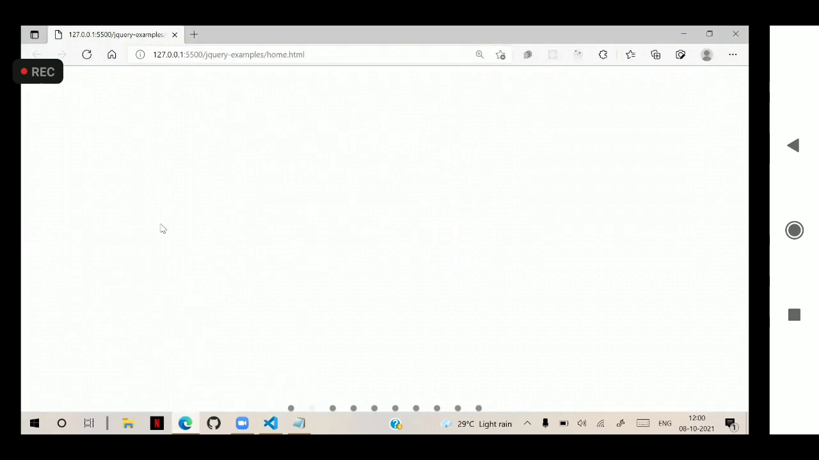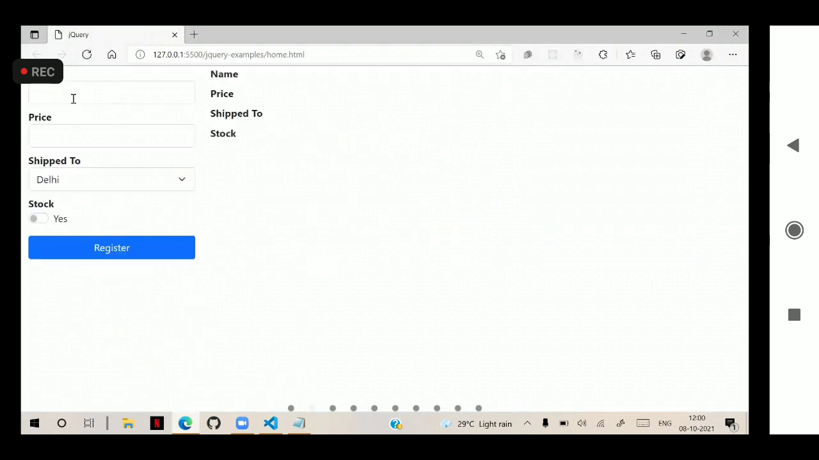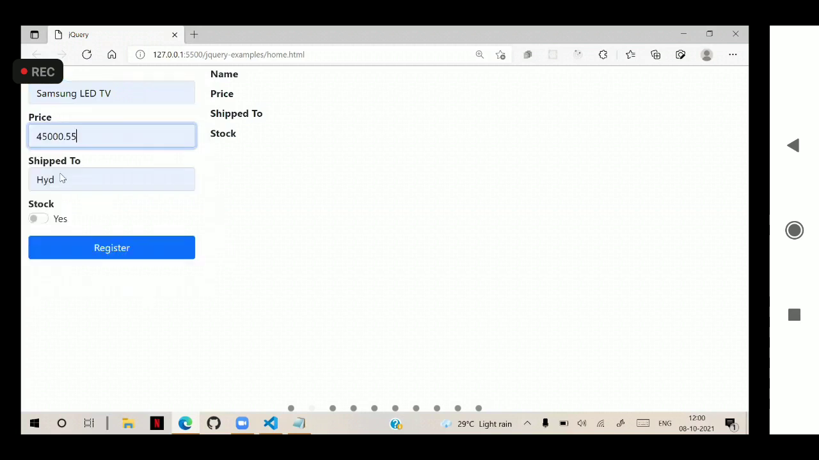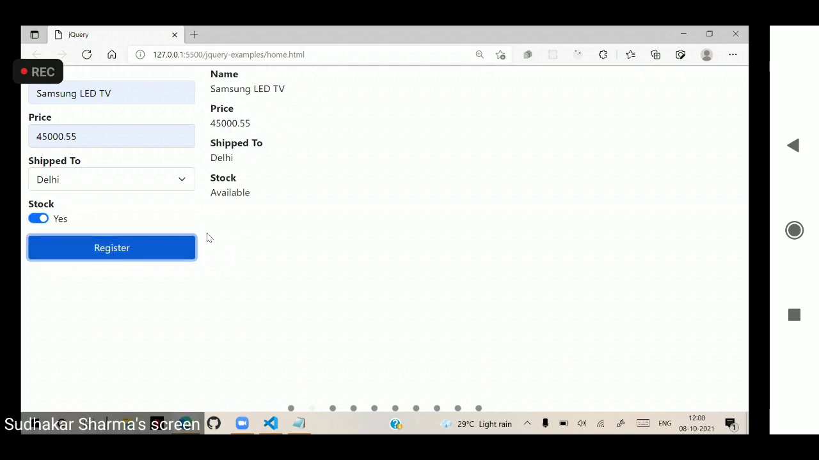But still, observe carefully here. I am entering the name, I am entering the price, selecting the state, and then selecting the stock and clicking register. So those details will come. And if I turn it off, then it says out of stock. I am changing this and it will display. So this is much easier for handling your data